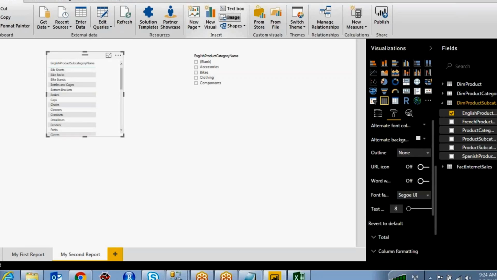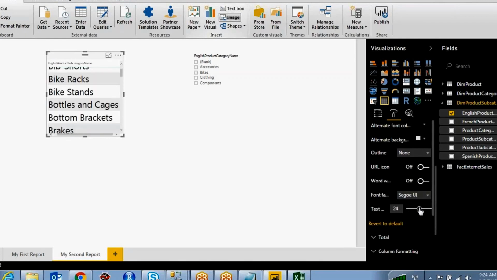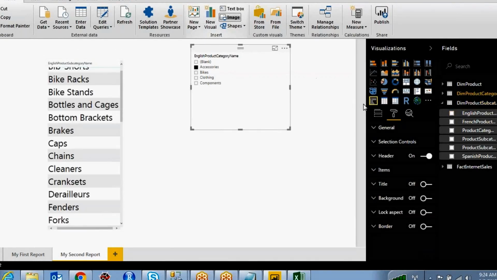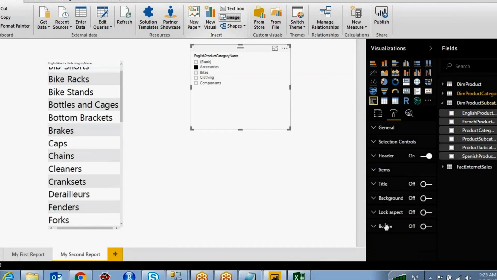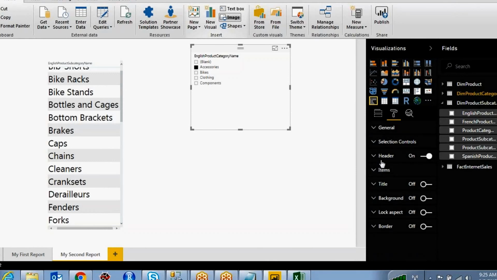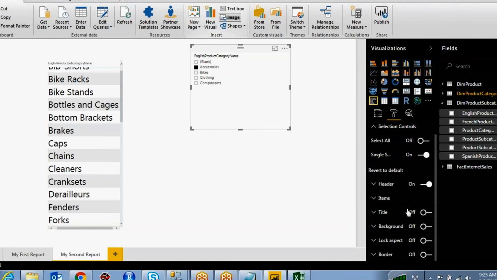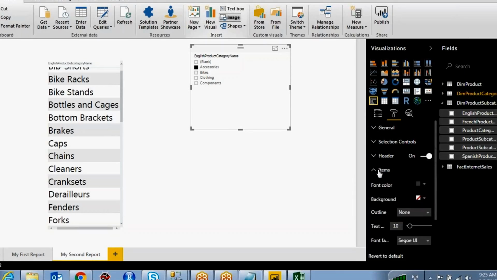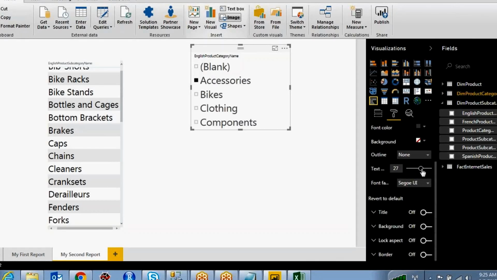This is the font. Text size is here 8, so you can increase the text size like this. Okay, right. And for this one also you can increase the text size. You can change the text size over here.